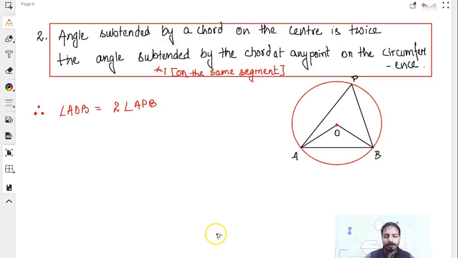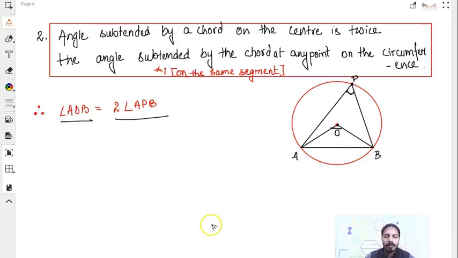So let me go to the next one. The next theorem related to chords is, suppose I have a chord AB, and it says the angle subtended by a chord at the center is twice the angle subtended by the chord at any point on the circumference. So I take any point on the circumference. Let us say P is a point on the circumference, right? This is the angle which is subtended by this chord at this point, and this is the angle which is subtended by this chord at the center. So they are saying that AOB is twice of